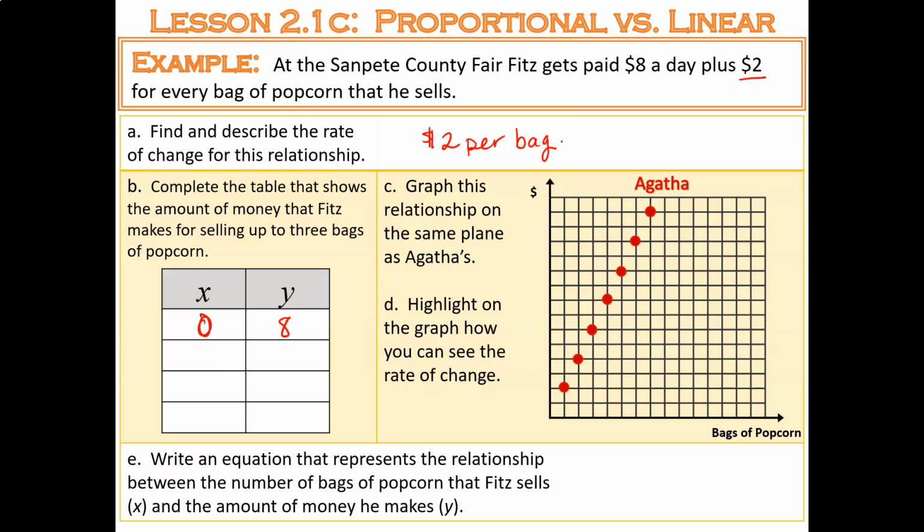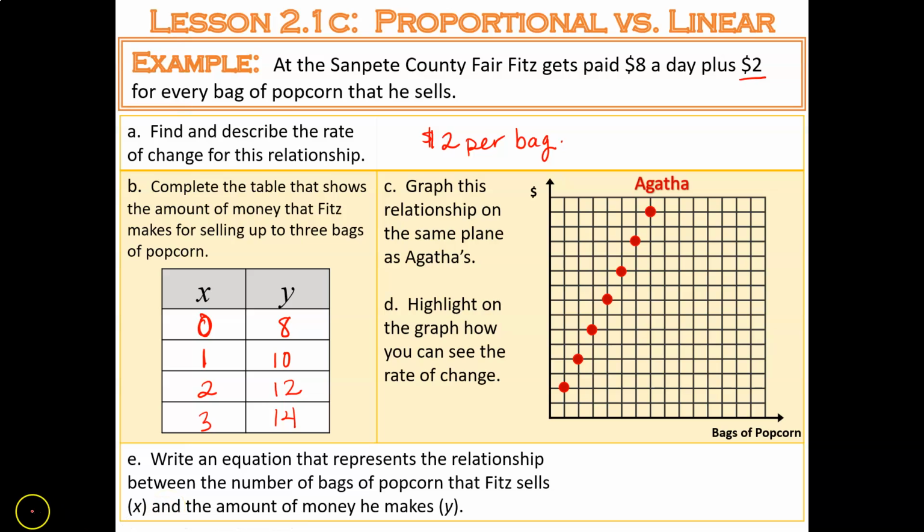Okay, after one bag, he has that $8 and he gets two more for the popcorn, so he's at $10. After two bags, he gets that initial 8 and then two more for the second bag, which is 12. And three bags, he gets $6 for those three bags and the 8, which brings us to 14. Okay, so if we graph this on the same graph,